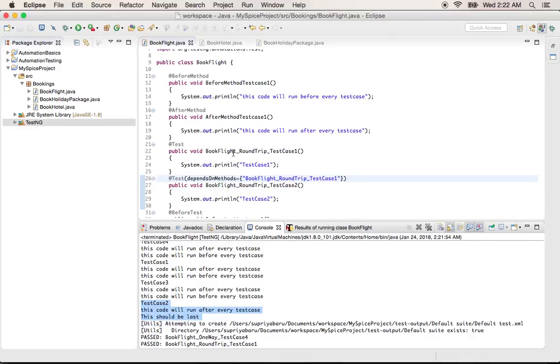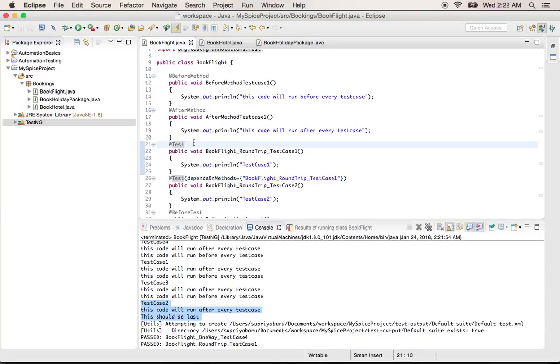So in the same way, there is one more attribute called enabled. So when we define test cases like this, it means that every test case will be executed. Sometimes you will already know that there is some issue, maybe some known issue which you have already reported to your developer, and you know that he's working on that. So in that case, what you can do is